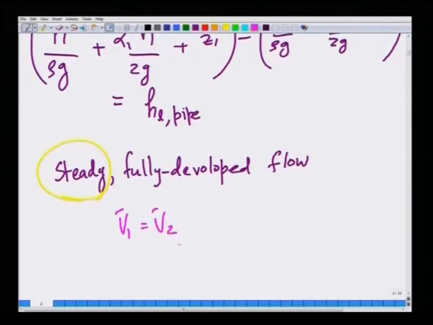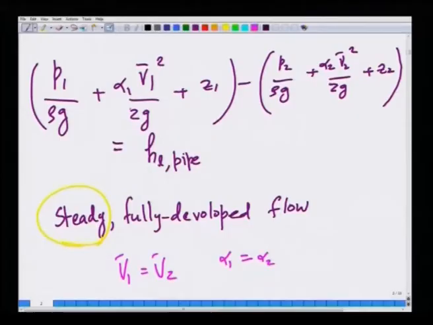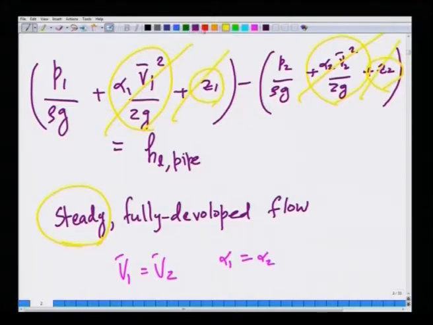So, when you have steady fully developed flow, the mass conservation equation will mean that V1 is V2, because this is a pipe of straight cross section, and alpha 1 is alpha 2, because the conditions are identical in both cases. It is either turbulent or laminar; it is not turbulent at one end and laminar at the other end. So, these two terms will cancel each other out, and since the pipe is oriented horizontally, Z1 is also equal to Z2, leaving us with this simple expression: delta P by rho g is HL pipe,